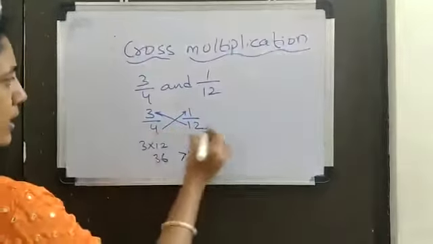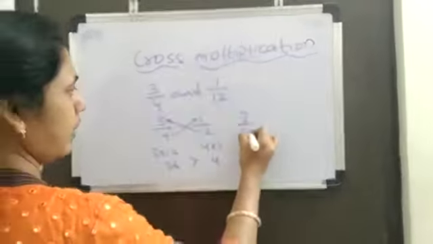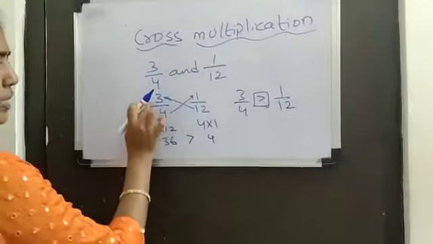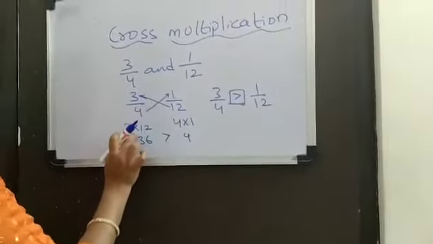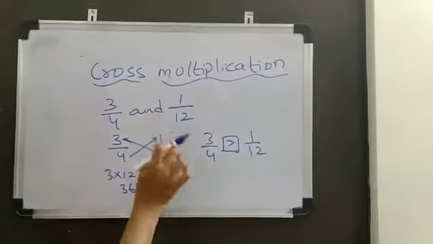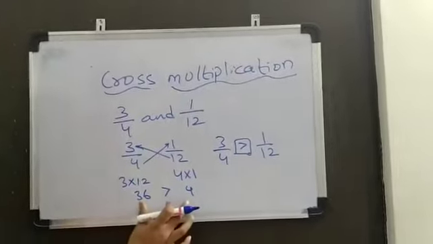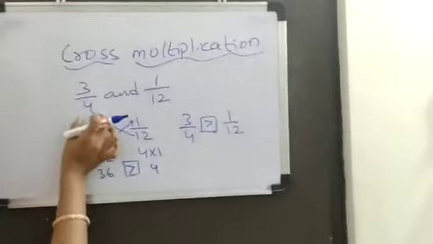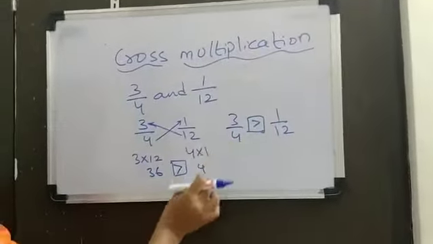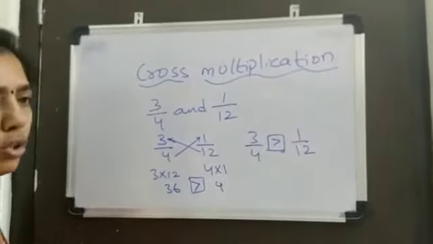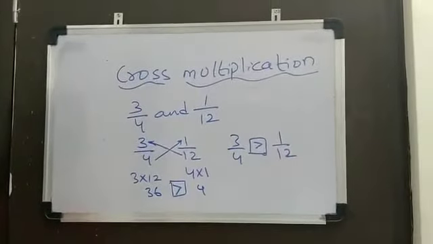So this fraction is greater than 1 by 12. This is the way we do. This is called the cross multiplication method. So remember, the first numerator and the second denominator you will multiply and write it here. Then the first denominator and the second numerator you will multiply and keep it here. Then you do the comparison, which is smaller and which is greater, and the fraction which is just above that will be the fraction here, and the fraction above this you write it here. This is called cross multiplication comparison.